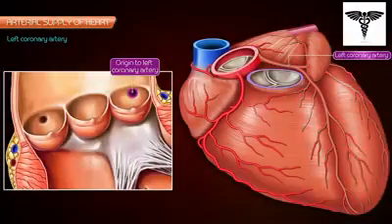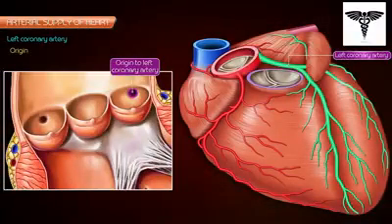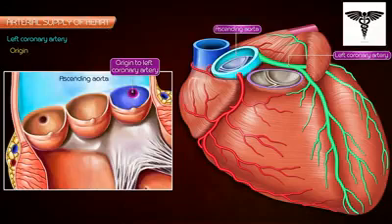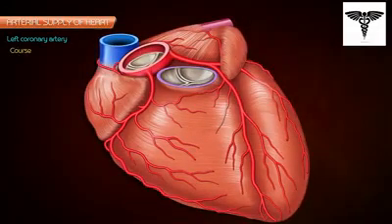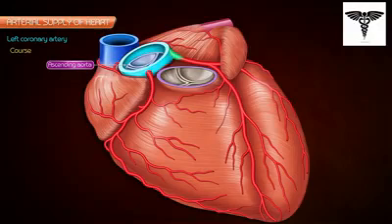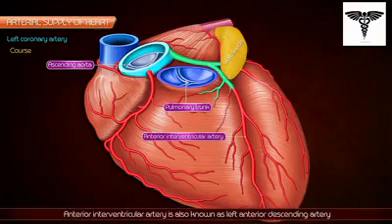Left coronary artery. Origin. The left coronary artery arises from the left posterior aortic sinus of the ascending aorta immediately above the aortic valve. Course. After arising from the ascending aorta, the left coronary artery runs forwards and to the left between the pulmonary trunk and the left auricle. It then divides into an anterior interventricular artery, also known as left anterior descending artery, and